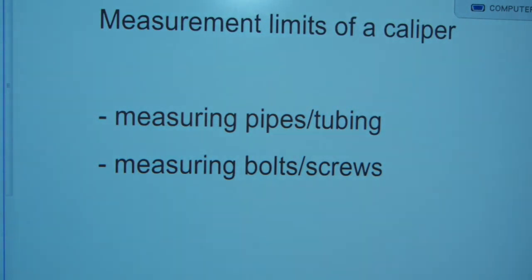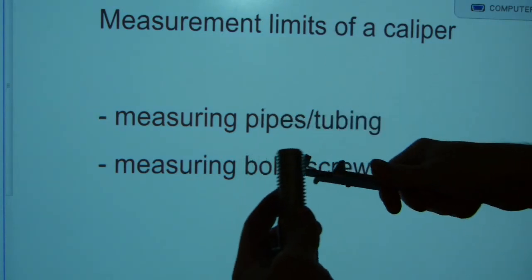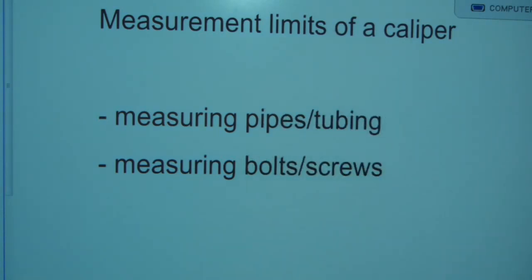That's why you might be tempted to take some of these measurements just because one of them works out. It doesn't mean that other measurements will equally well work out when it comes to screws or pipes. So those are the geometric limits of a caliper, and like I said, those are the things that you can do about them to avoid